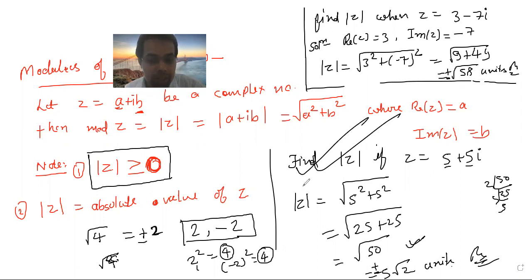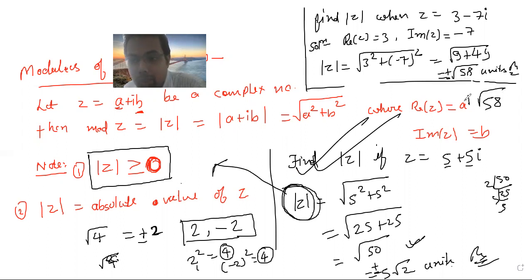This is the question here. Because we are finding mod z. And the condition of mod z is that mod z is always greater than or equal to 0. Any value greater than 0 is positive, and any negative value is always less than 0. So what we are doing here is automatically taking root 58, because this is a positive value,